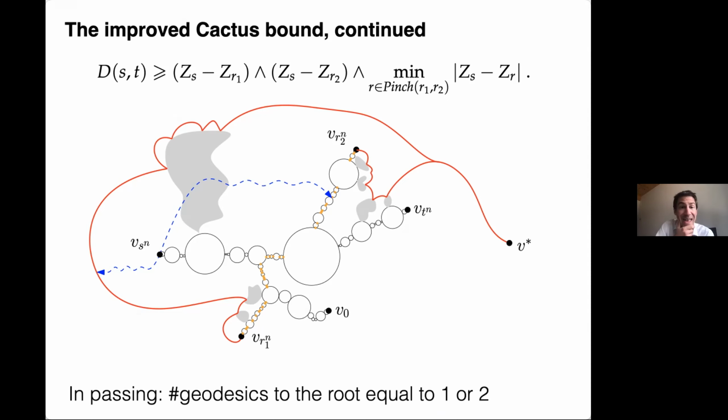Now imagine the following scenario. Imagine that the label of this one is 100 and the label of this one is 100 as well. Same label, so the same distance to the root. But imagine that here you have a point which is, I don't know, 50, and 50 also here.